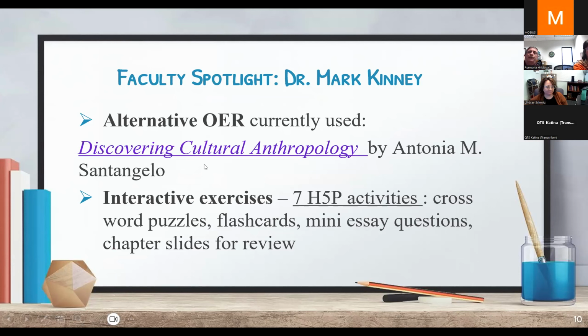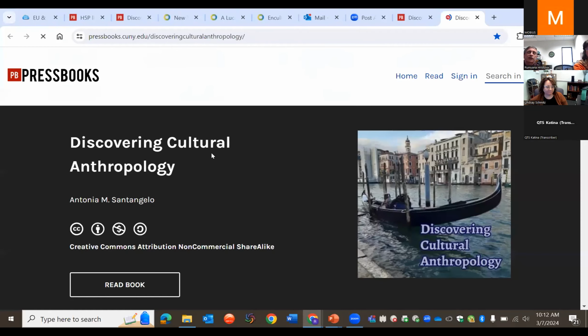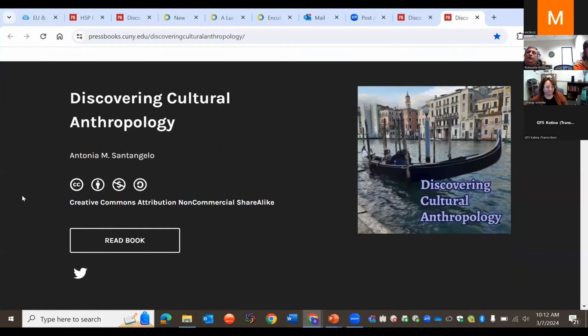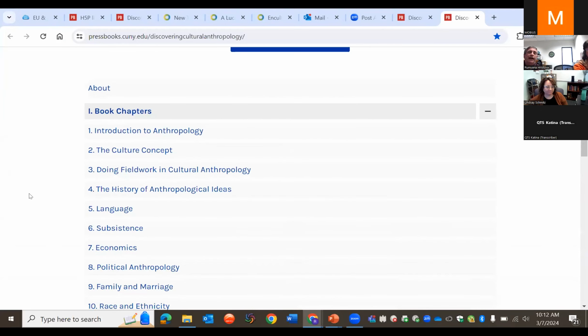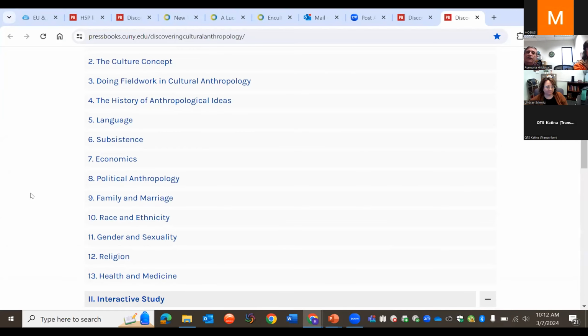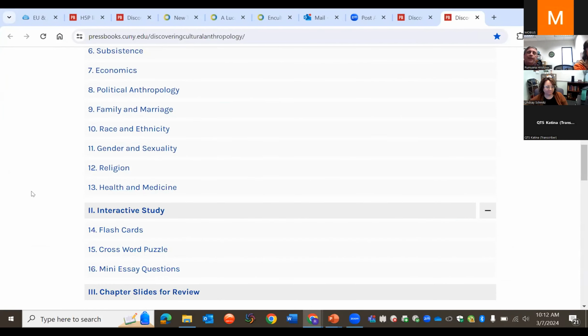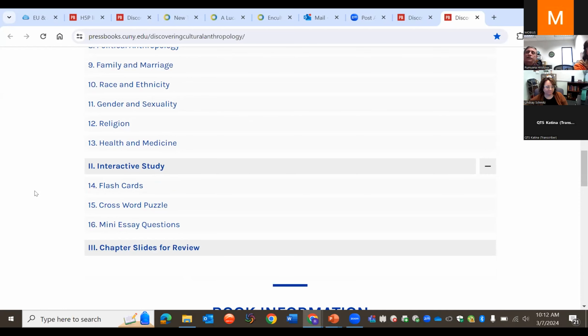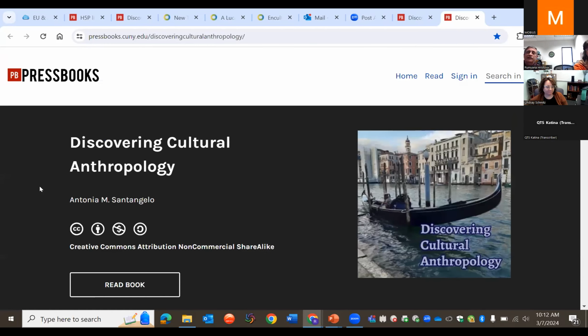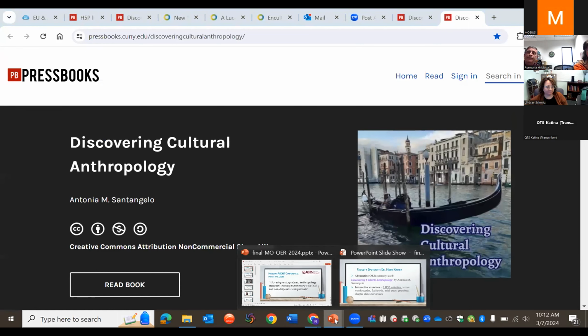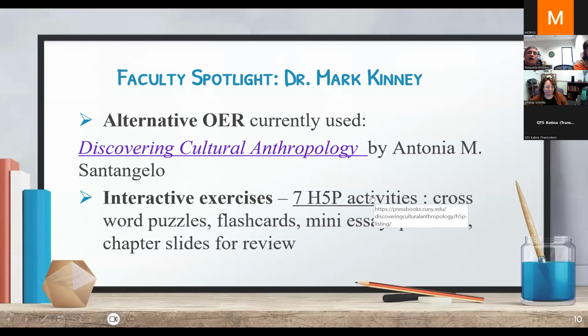My initial thought, and probably some people are thinking, was that if it's free, it's probably low quality. But when I looked through the textbook, I was amazed at the quality. It was as good or better than the textbooks I had been looking at and searching through, and it had all of the material I wanted. I knew the students would get all of the information, all of the knowledge that I would have shared from a $180 book, from the open educational resource. So I thought, well, that's a no-brainer. I'm just going to put that in my syllabus, and the students can access the book for free, and I can assign chapters that they can read.